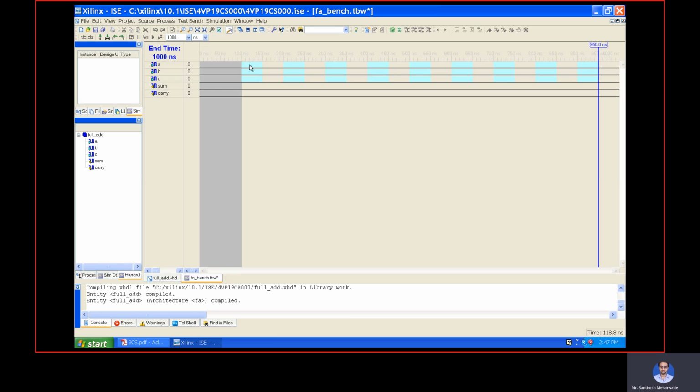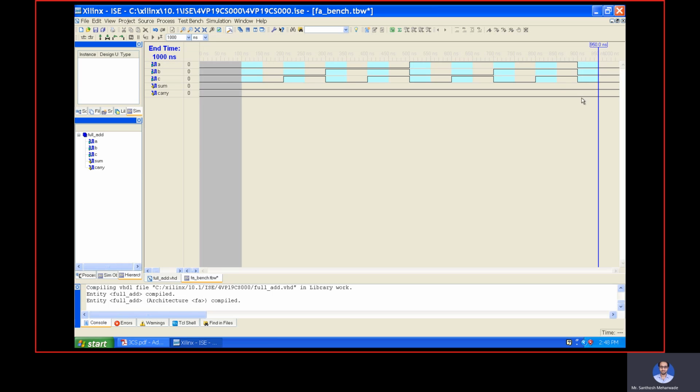So that is 0,0,0, 0,0,1, 0,1,0, 0,1,1, 1,0,0, 1,0,1, 1,1,0, 1,1,1, and finally we go back to 0,0,0. We are coming back to the original state.